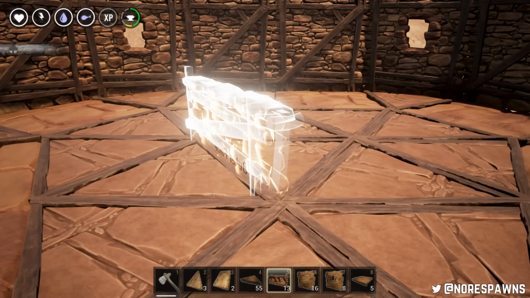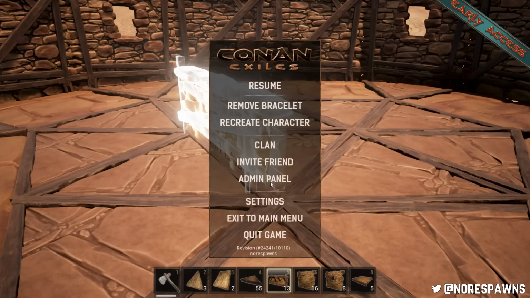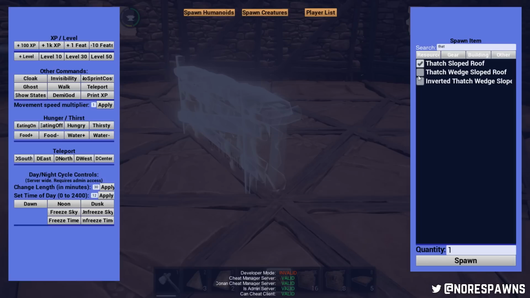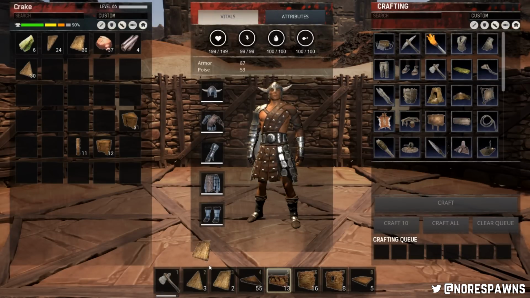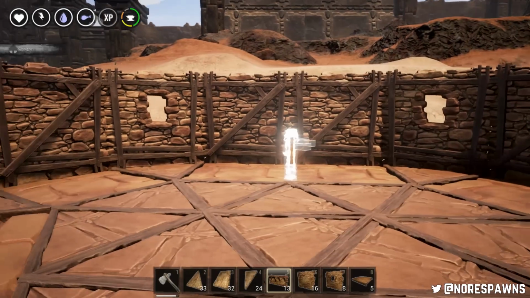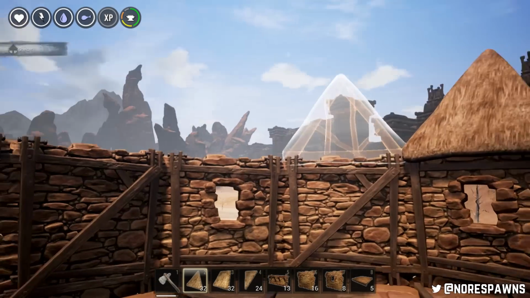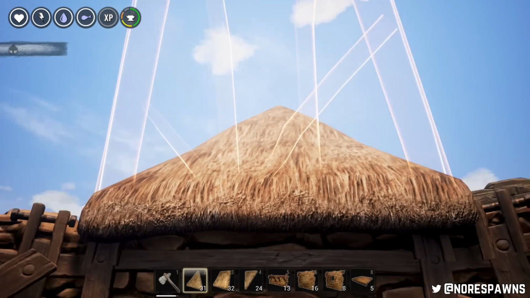Now, as you'll see in a second, I'm using the console admin panel to spawn my resources in, so I can show you what I'm doing. They're the thatch wedge-shaped roofs, and I think you get these about level 11. Me and my friend Jack have our guild, our clan, already, and we're going to be making some houses. These will be mine and Jack's starting houses, so we're not actually going to be building until we hit level about 11 or 12. Now, as you can see, I've got all of these triangular thatch roofs, I'll call them that,